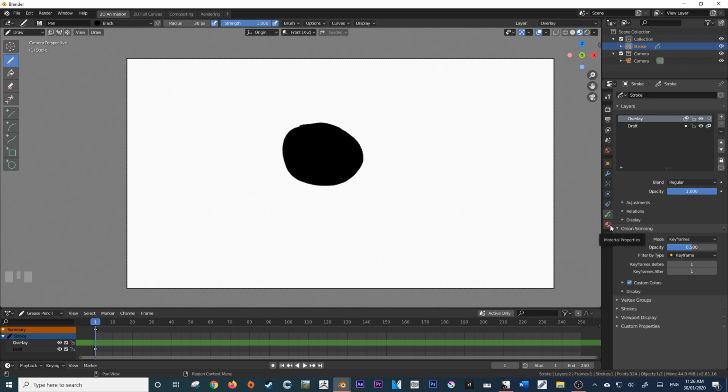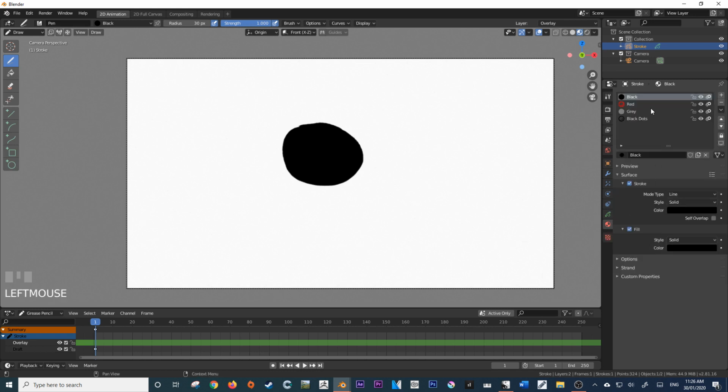So if I just go back to my materials property and select this red, and I start drawing, remember I'm on my overlay layer. You can see because down here overlay is highlighted. So if I just come over here and I just make a nice drawing as such, you'll see that the red, even though I started drawing up here, the red does not continue past this black.